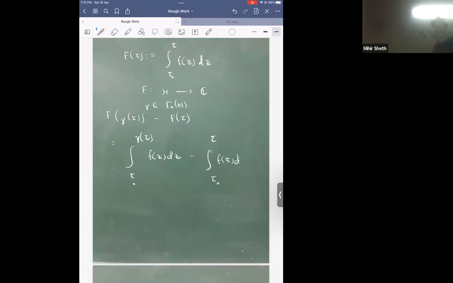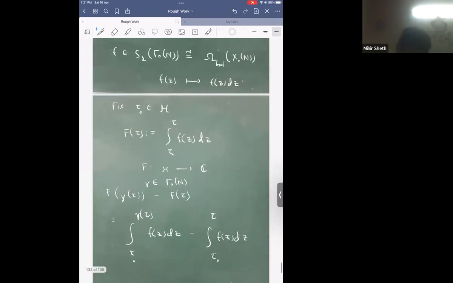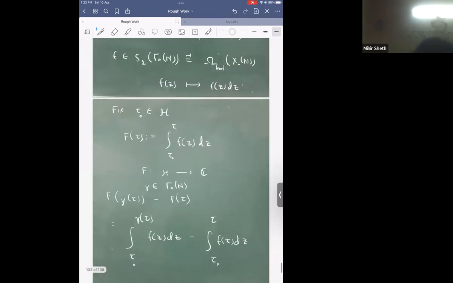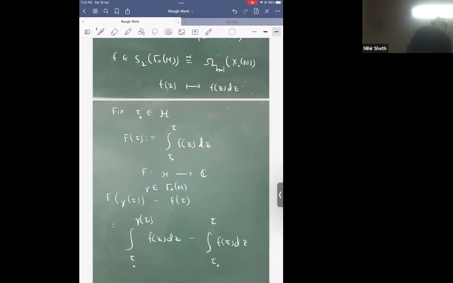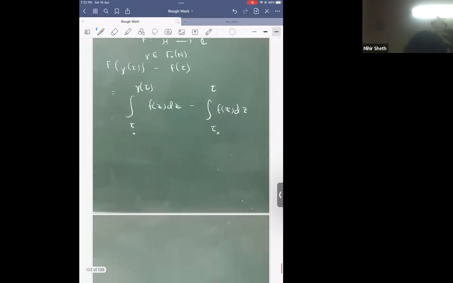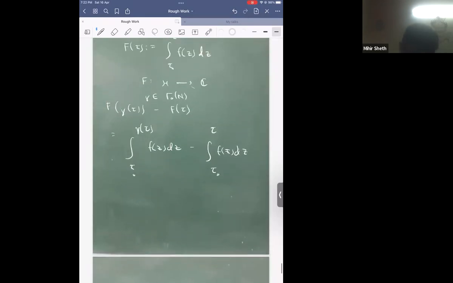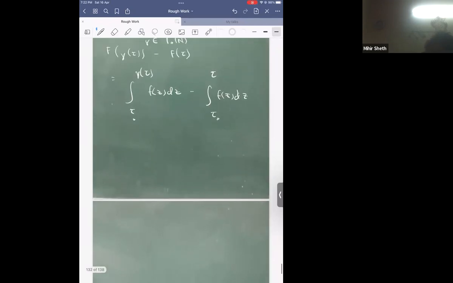But recall that f(z) dz is a differential form corresponding to the cusp form on Gamma_0(N), and so it is invariant under the action of Gamma_0(N). It is actually a differential form on the modular curve, so it lives on the modular curve, not on the upper half plane. So what I can do is that I can